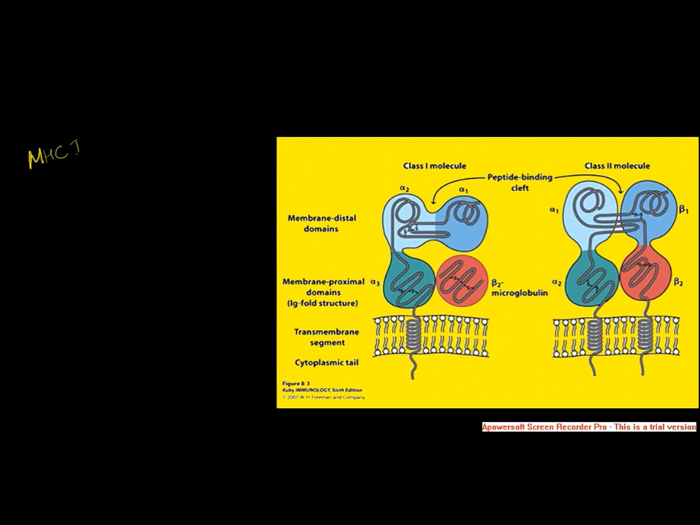I just want to look briefly at the major histocompatibility complex, particularly the class 1 and 2 molecules. So if we look at the basic function of both molecules, it's obvious that both molecules are designed to present antigenic peptides to T cells. This may lead to an immune response that may result in the activation of certain immune cells and the production